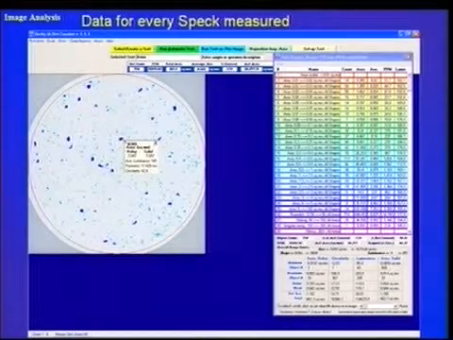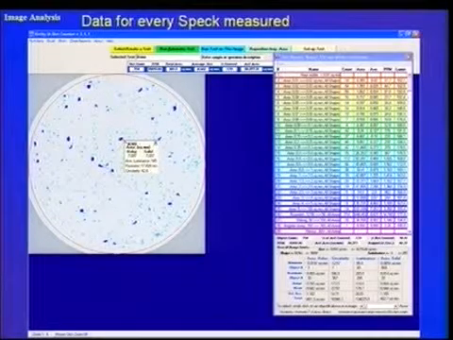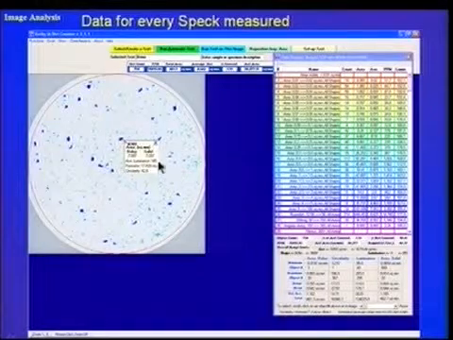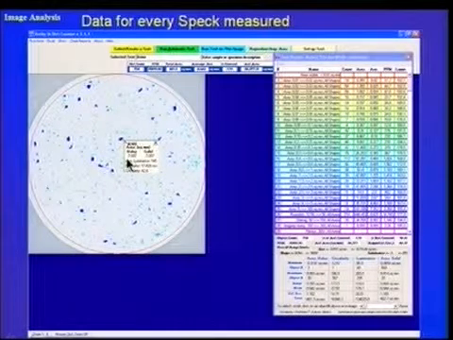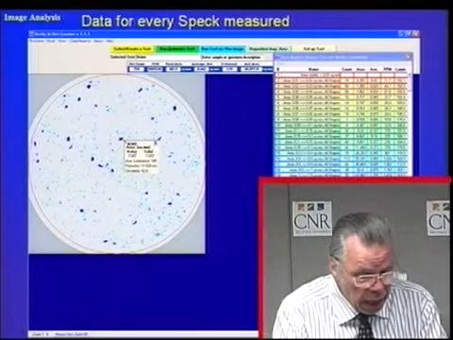In a typical image analysis system, every speck is classified by size. And as you see here, by clicking on the image, you can get the values for every speck. Here you have the solid area and the holey area. What's the difference? The holey area, if the speck